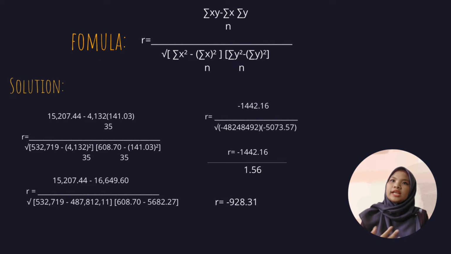To find the Pearson product-moment correlation coefficient, we use the formula r equals the sum of xy minus the sum of x multiplied by the sum of y divided by n, and divided by the square root of, in parentheses, sum of x squared minus sum of x squared divided by n, multiplied by the sum of y squared minus the sum of y squared divided by n, and the answer is negative